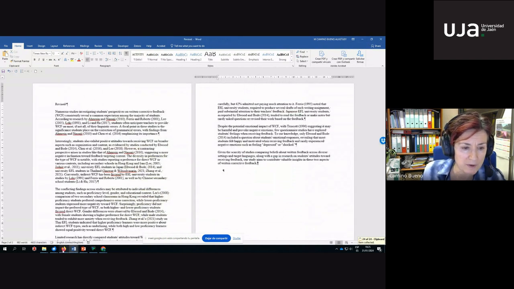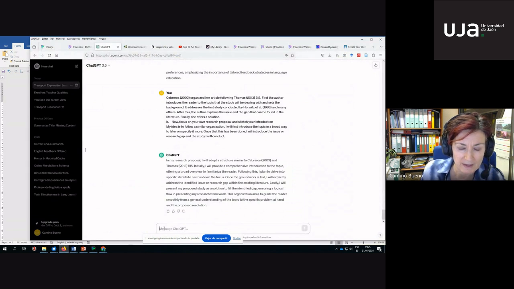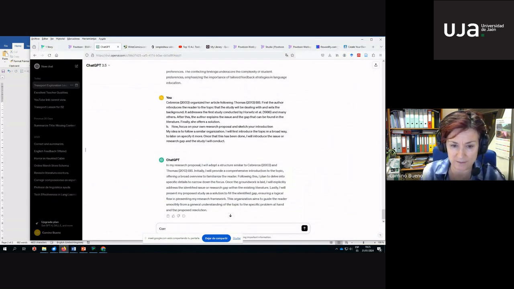I have here 2 paragraphs. And then I'm going to tell the computer to correct this text, or improve. I'm going to say, improve this text.